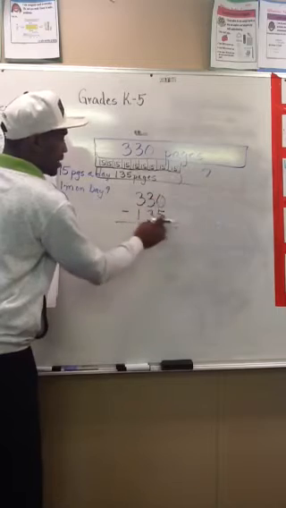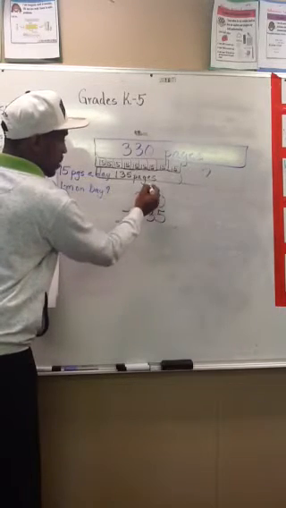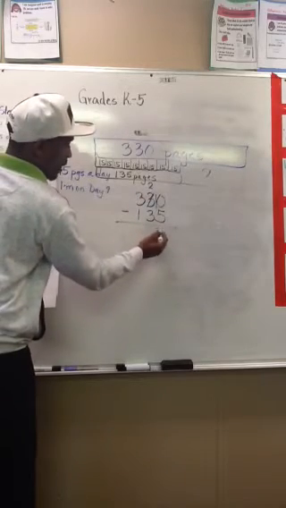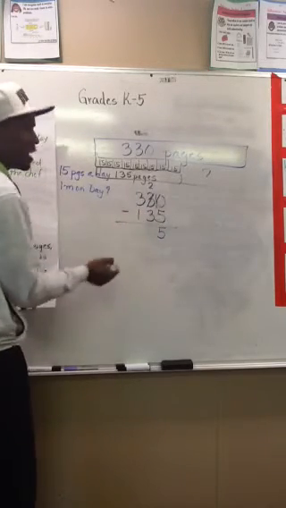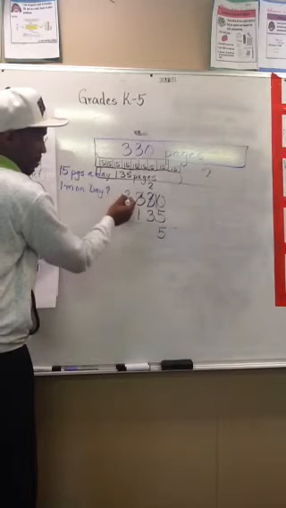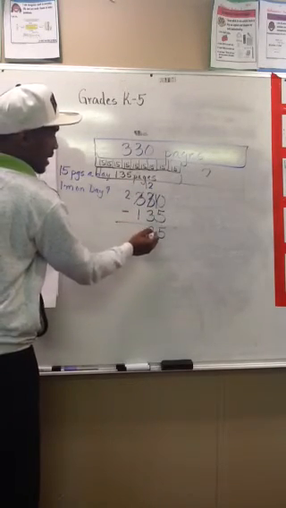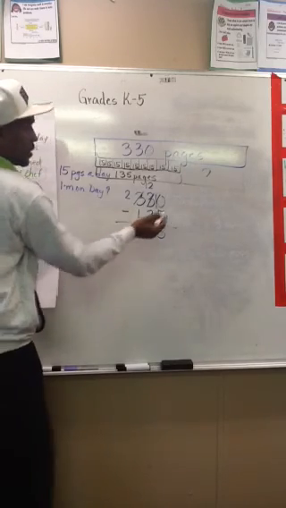I can't do 0 minus 5. I have to borrow from this 3 and make that a 2. This 0 becomes a 10. 10 minus 5 is 5. 2 minus 3 I can't do. I have to borrow from this 3 and make it a 2. That becomes a 12. 12 minus 3 is 9. 2 minus 1 is 1. So he's